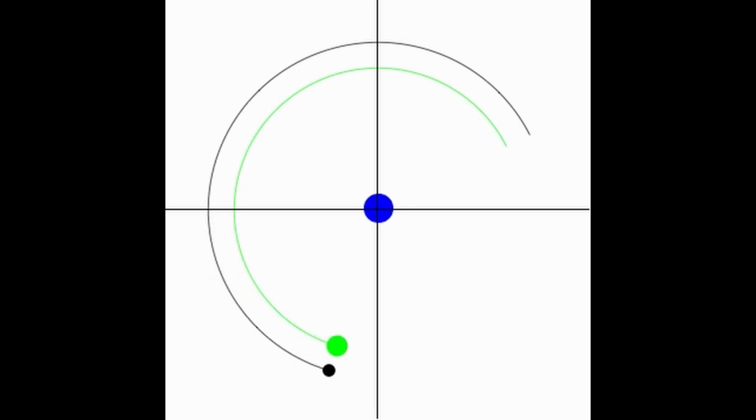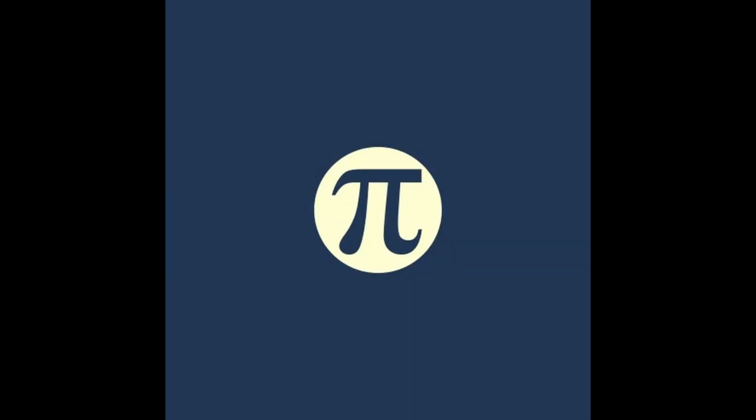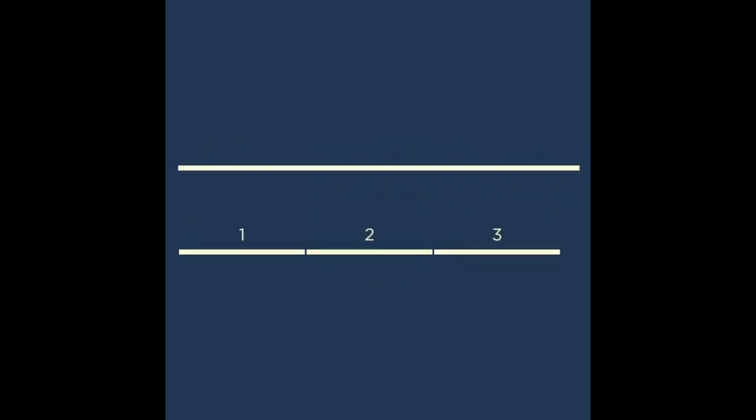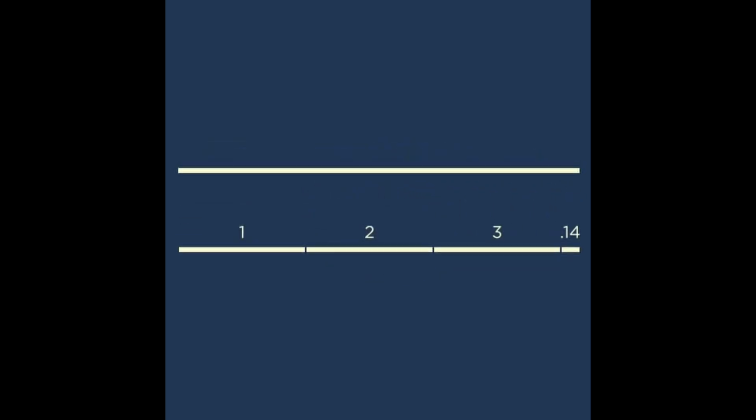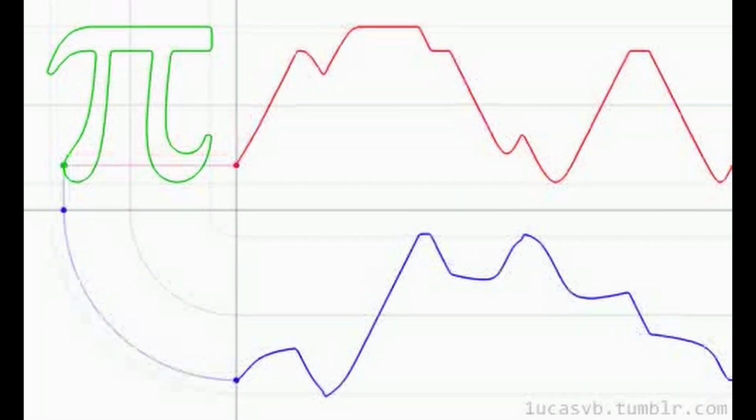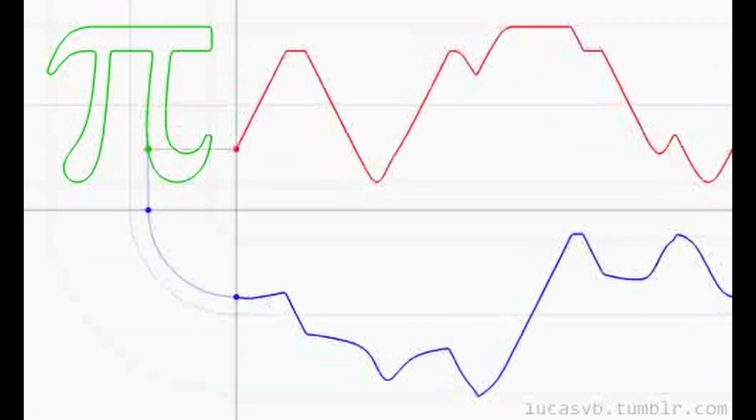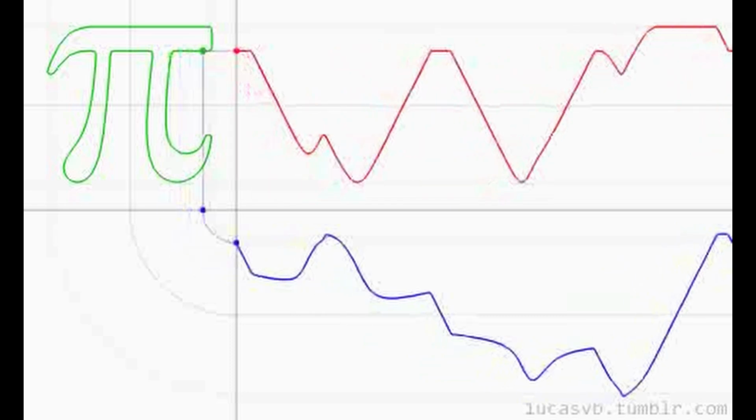Characteristics of random variables. A. Expected value or mean represents the average value of the random variable. For discrete variables, E[X] equals the sum of x times P(X equals x). For continuous variables, E[X] equals the integral of x times f(x) dx. Variance measures the spread of values around the mean. Var(X) equals E[X^2] minus (E[X])^2. Standard deviation is the square root of the variance, sigma equals the square root of Var(X).